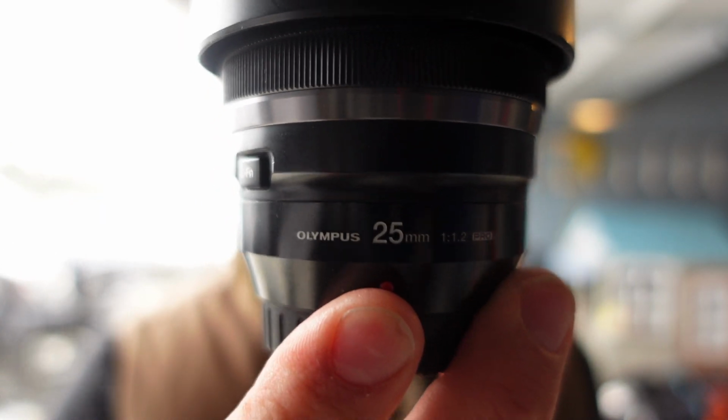But let's get into where gas starts to kick in. It's the lenses I use the most. It's this guy right here. I think it's a gorgeous lens. This is the 25mm f1.2. Now, I bought this because 50mm is my favorite focal length. It's kind of like the do-everything focal length, and